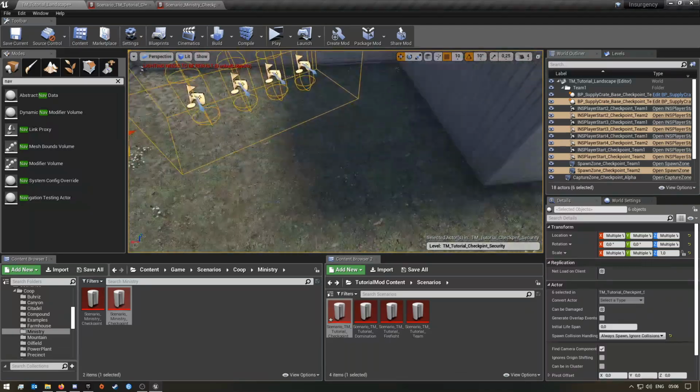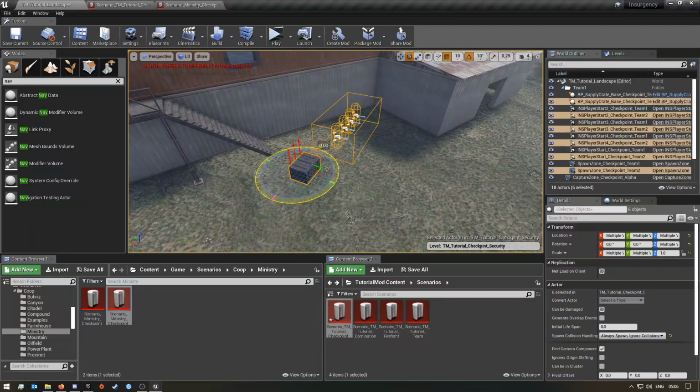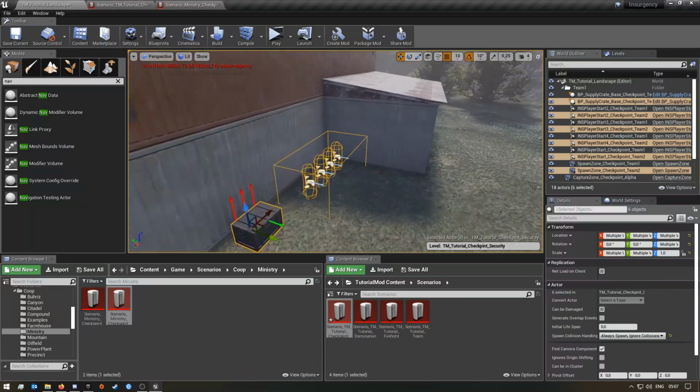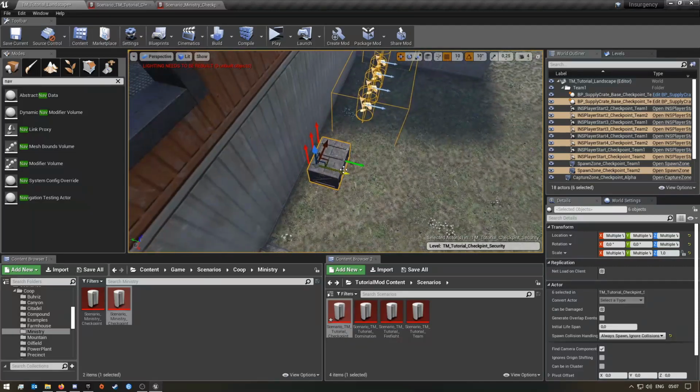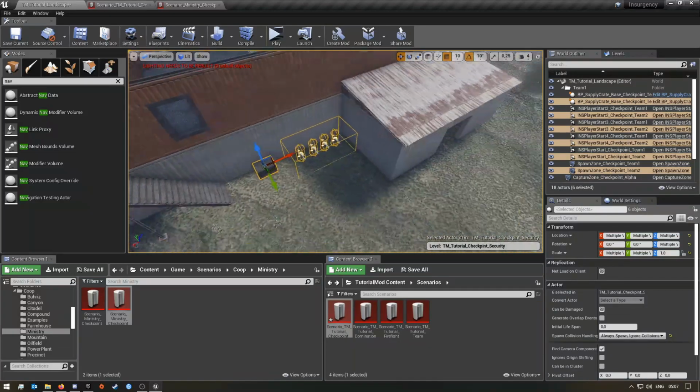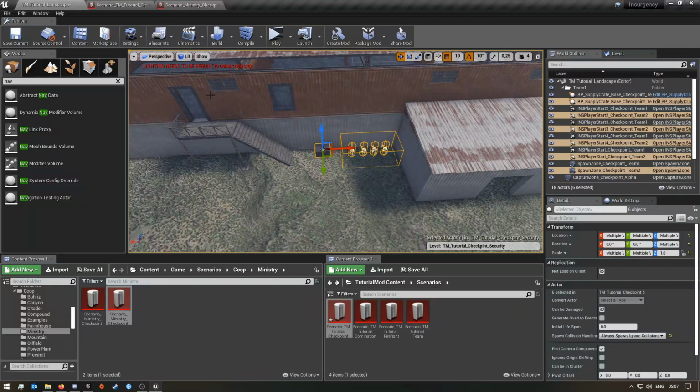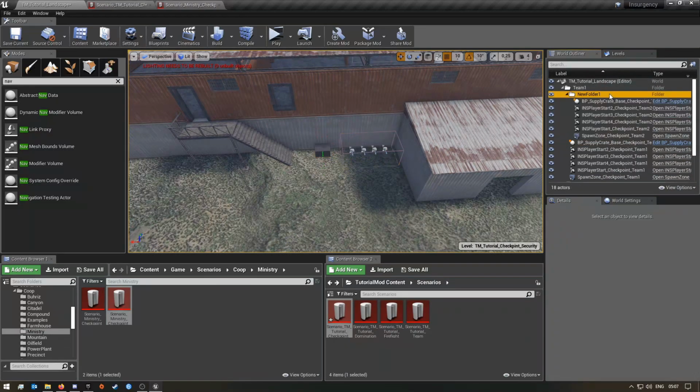Now obviously this is going to be different to your map, so put it somewhere where you want it. I'm just going to press N so it snaps to the ground, and I'm going to put it here, so you spawn behind this building once you've captured this one. Whilst you have these selected, I'm going to add these to